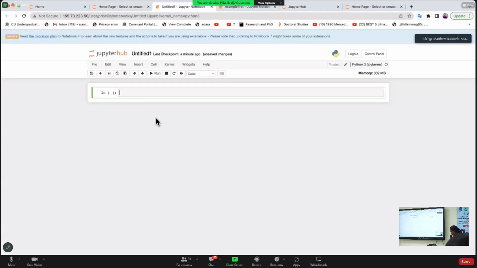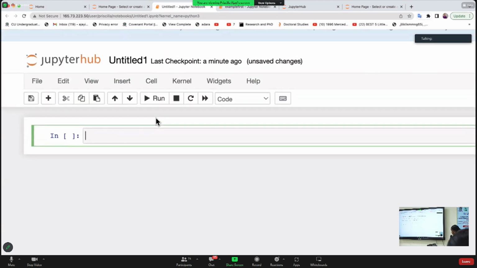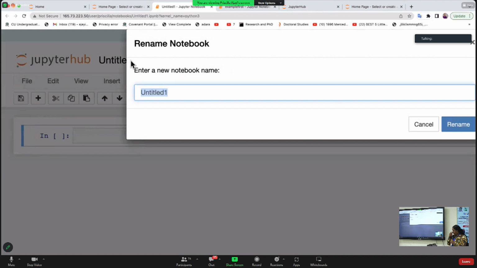So we have the Jupyter Hub, then Untitled 1. We could name our file here. In the example I showed earlier, it saves the file as .py. But this time around, it will be saving it as